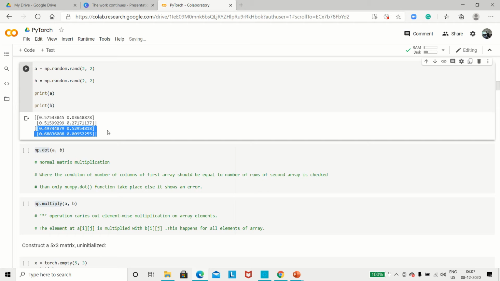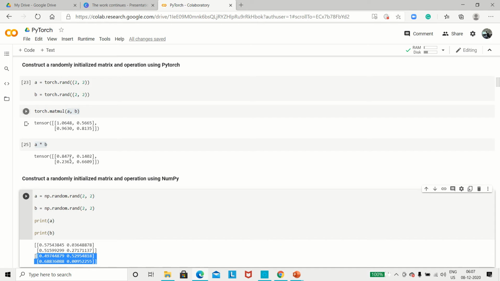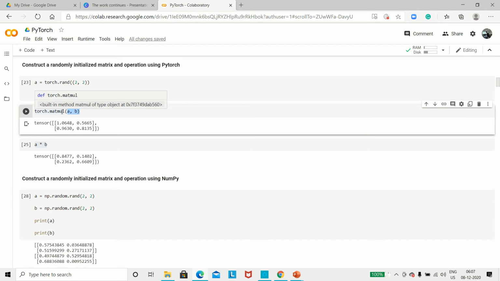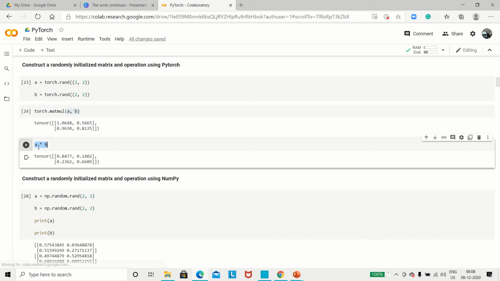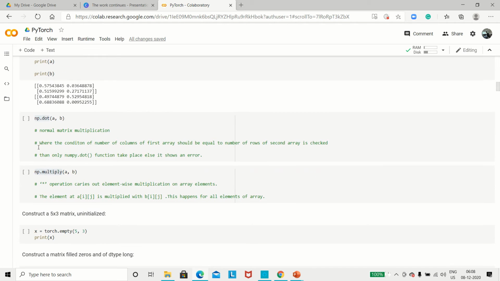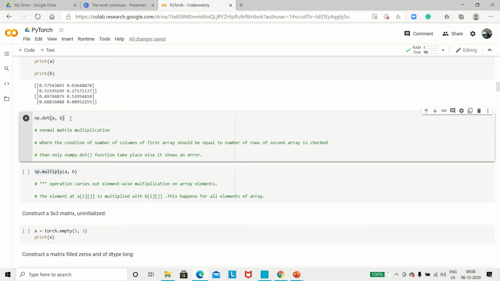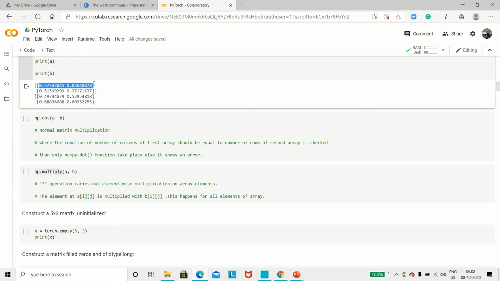Either I can multiply this matrix normally or I can have element-wise multiplication. There are two different commands that can be run. Based on this, I will explain the difference between these two as well, because this is where we have used matmul, and this is where I have done it using the multiply method. Now, when we talk about np.dot, it will give you normal matrix multiplication, like the first row of the A matrix multiplied by the first column of the B matrix, and the sum would be the output as the first element.